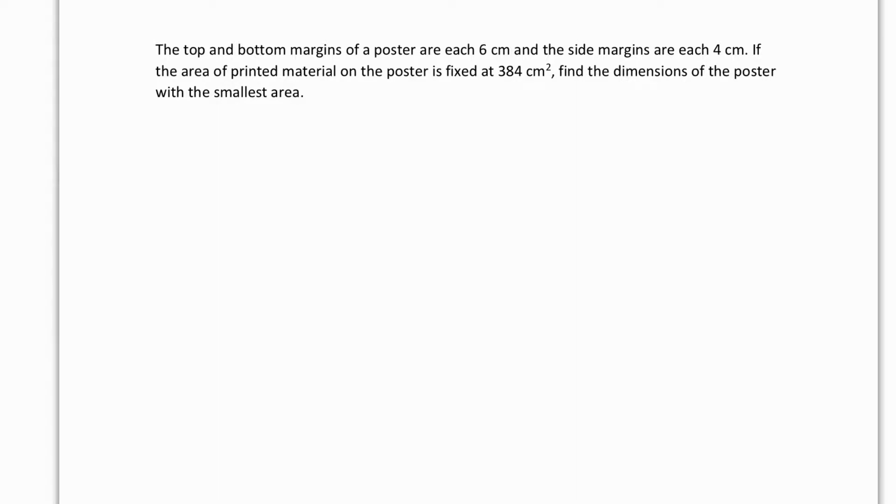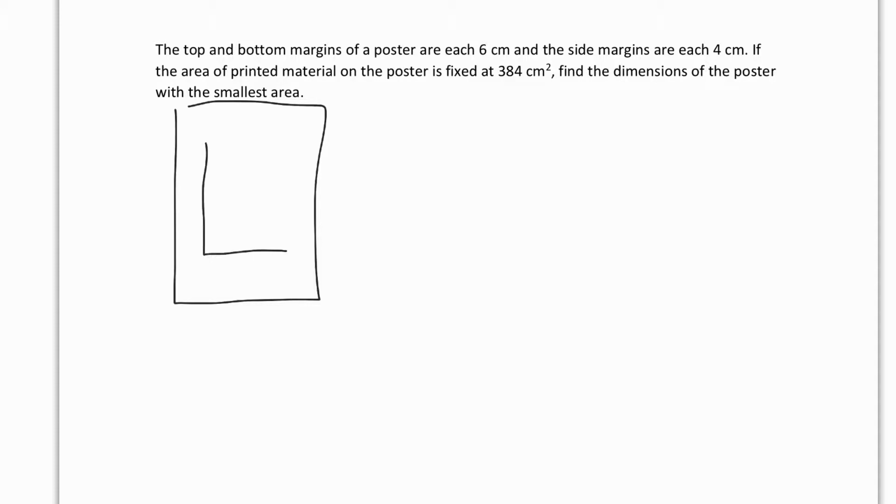If the area of printed material on the poster is fixed at 384 centimeters squared, find the dimensions of the poster with the smallest area. So this type of poster question is definitely common, and you need to know how to do this setup because it's tricky. So what you have is a poster, and then inside you have a smaller printed area